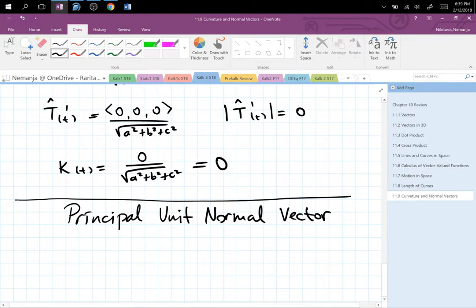And the notation for this is going to be capital N with a hat. Again, hat is the unit vector. All other vectors have arrows. All right, so